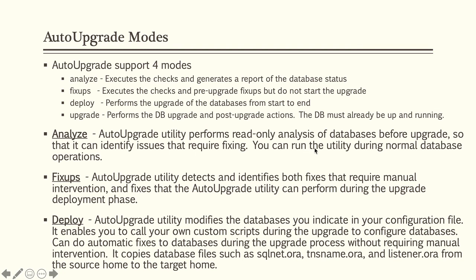Then how do you run the upgrade? So you take AutoUpgrade, go to the source host, run analyze and fixups. That will make sure analyze detects all non-compliances and reports them to you. Fixup will go and fix all those which can be auto-fixed without manual intervention. If there are any non-compliance items which require manual intervention, you go and fix them manually.